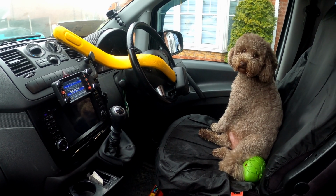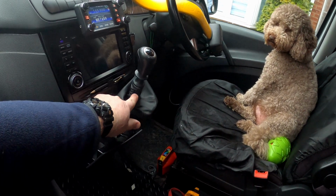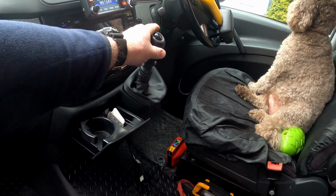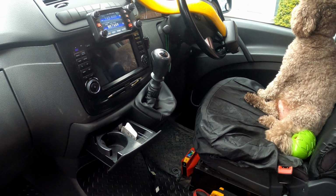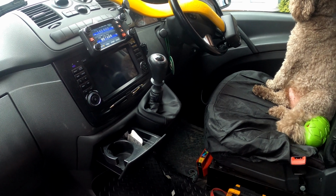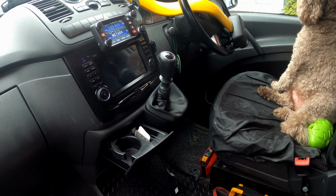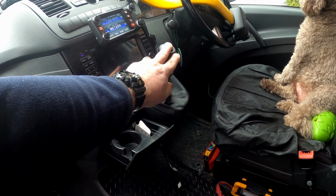Hi, today you join Teddy and I, and what we're going to do is replace the bush that's inside the gear selector that gives you a feeling of very hard gear changes, especially in the low gears 1, 2 and also in reverse. It's really simple, and we're going to start off by removing the gaiter and also the gear